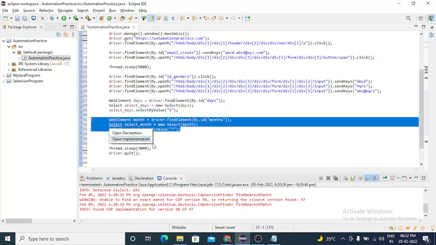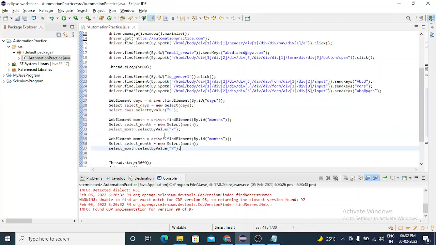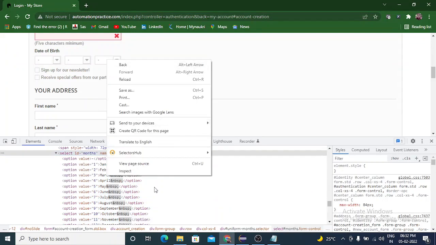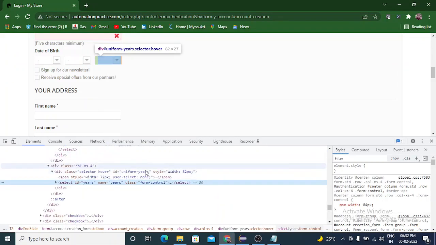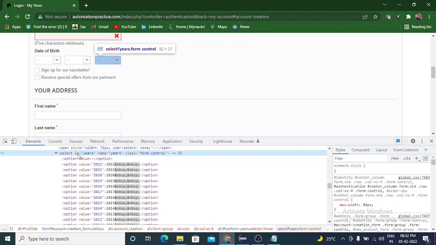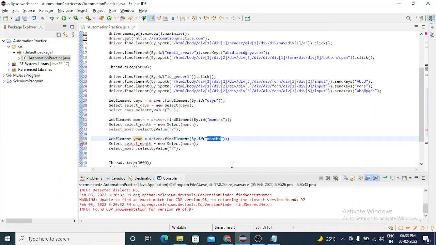And again for the year we need to write, so let me do this here. Go to inspect element, the ID is years, let me copy that and put it over here. Then select year, here the value is moved from here to here.